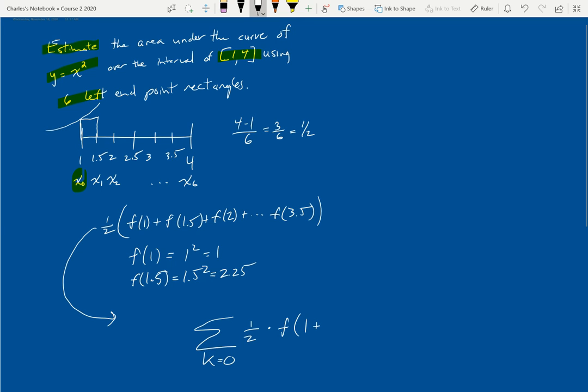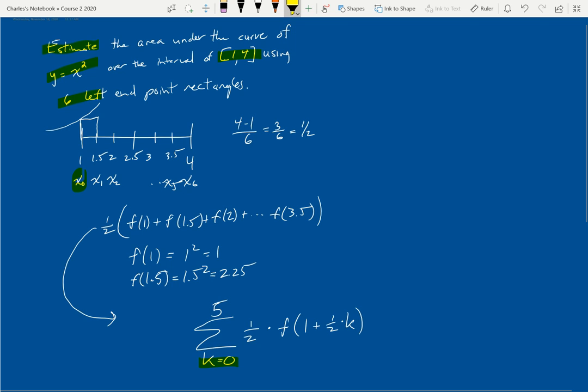And it's going to end at this spot right here, x of 5. So it's going to go from k is equal to 0 to 5 of f of 1 plus 1/2 times k. And you may not be at the point where you can just come up with that like I just did, but I want you to be able to see